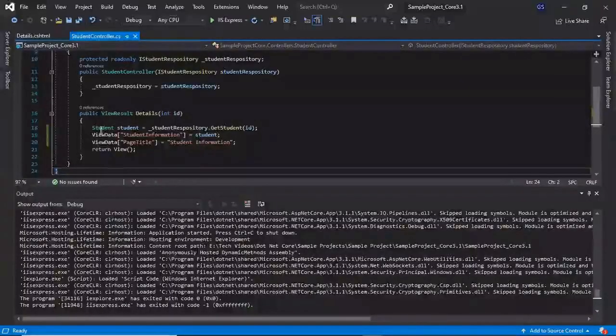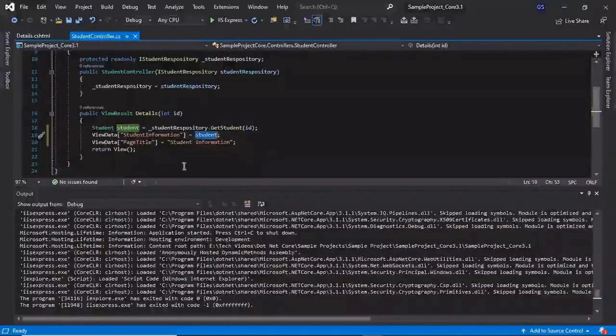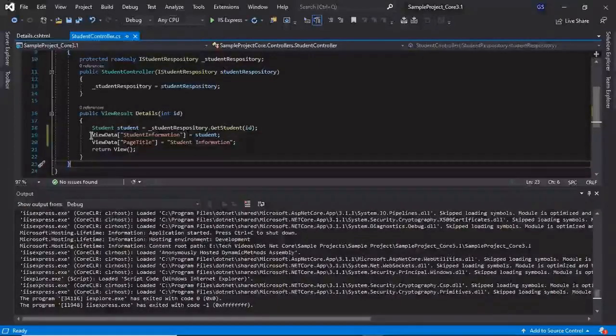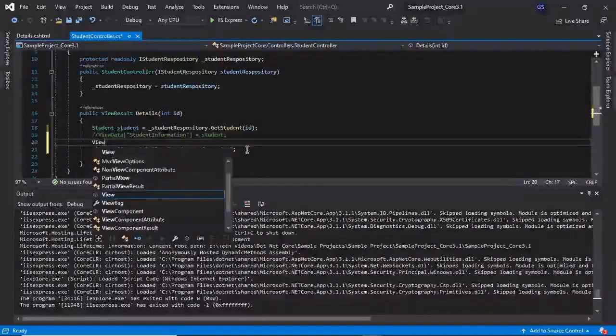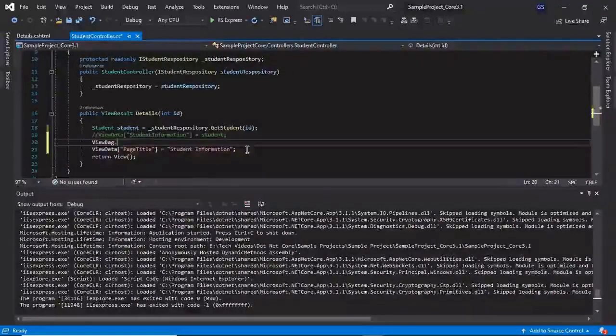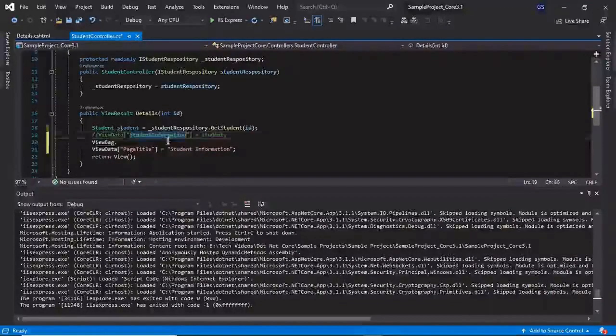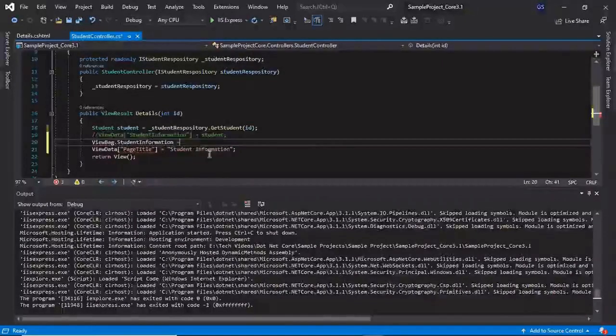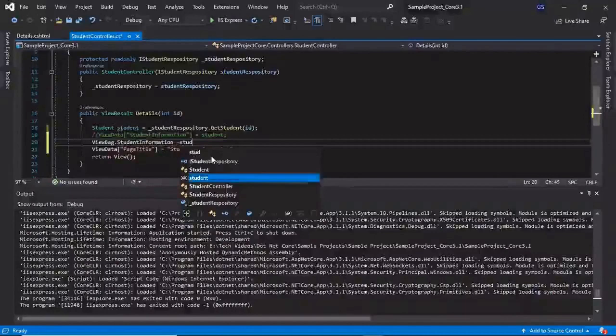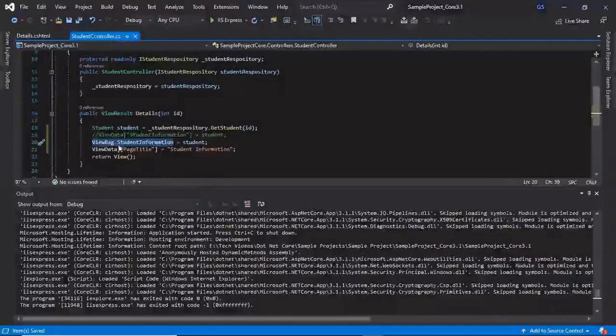So now let's pass student data using ViewBag instead of view data. So let's comment out this and use ViewBag dot. As this is a dynamic property, we need to give the name student, and into the view we need to access the ViewBag.